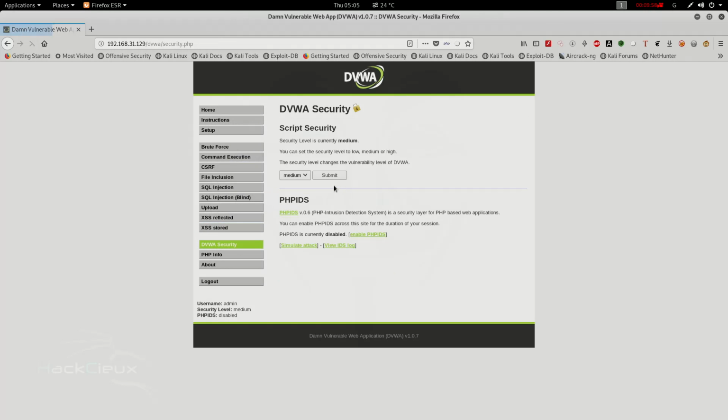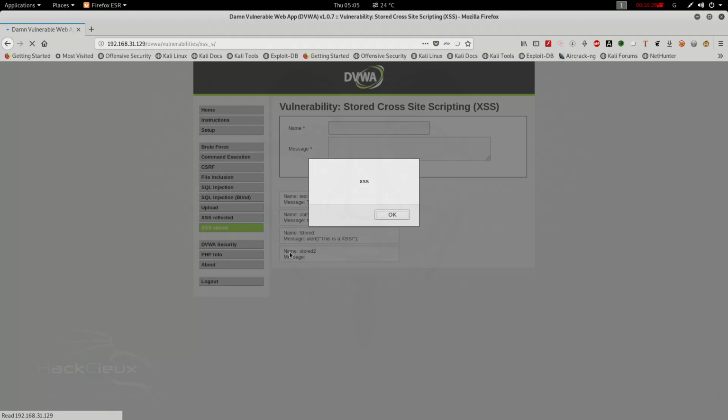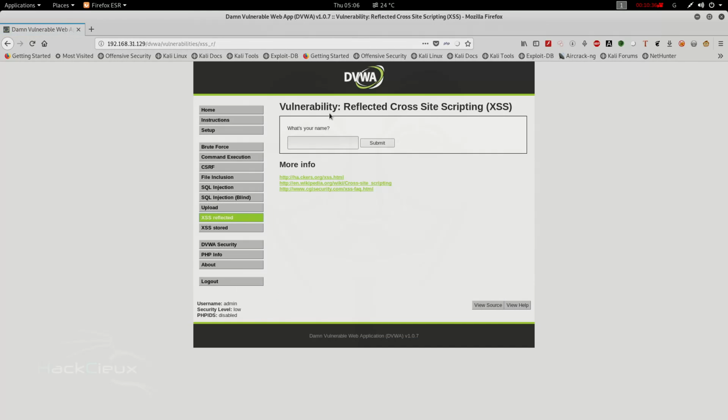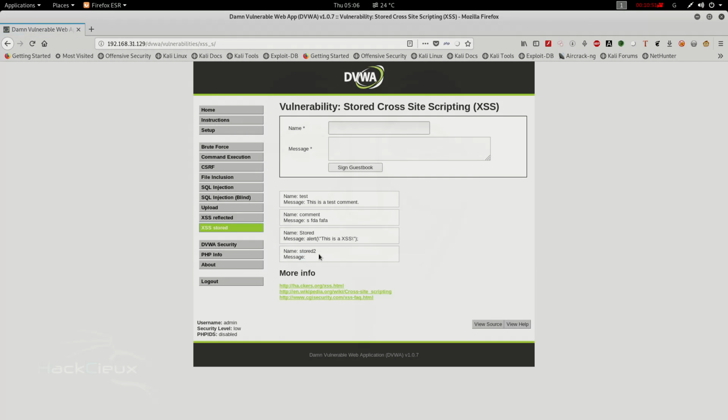So let's first go to DVWA security, go from medium to low, and here in XSS stored, we are going to do stored 2, and sign the guestbook. So in this case, as you see, our XSS attack has worked. But in the reflected case, if I open this back, I will not get any prompt unless I supply something from here. But in stored XSS, this is stored in the server, and hence every time the admin or some person loads this up, this payload, this XSS alert, is going to be executed. Now, if we go to medium security,